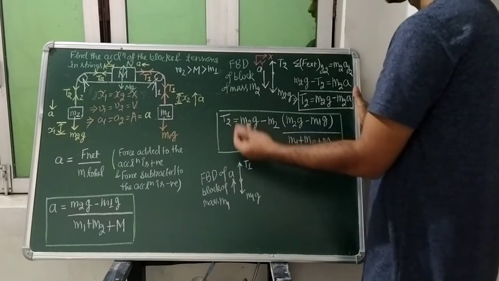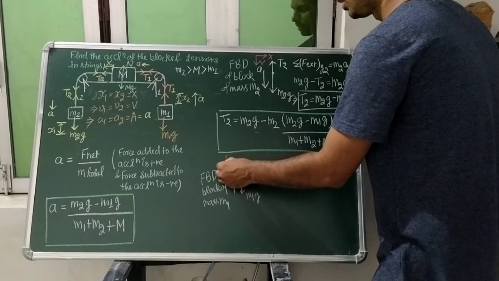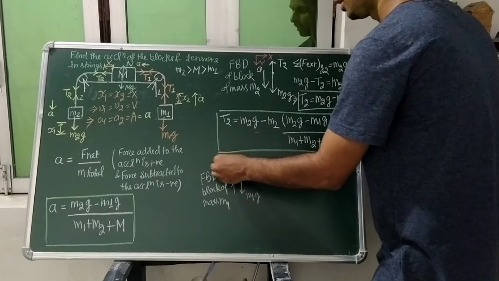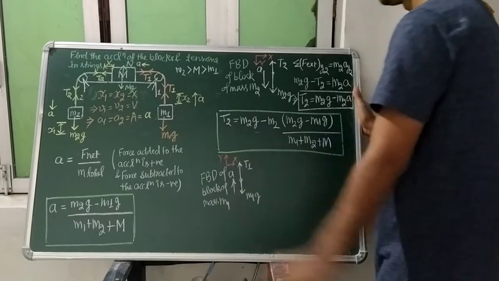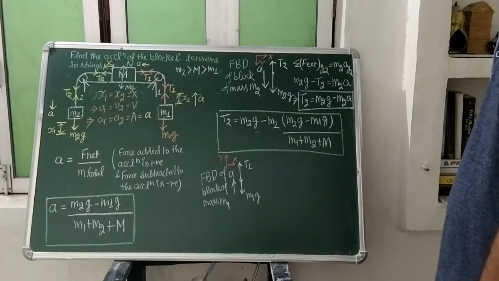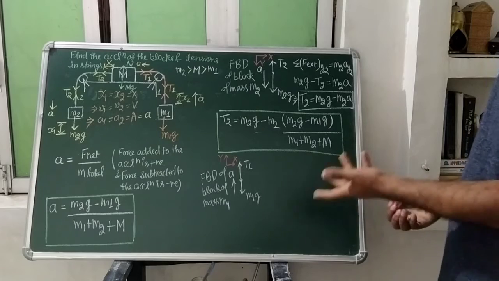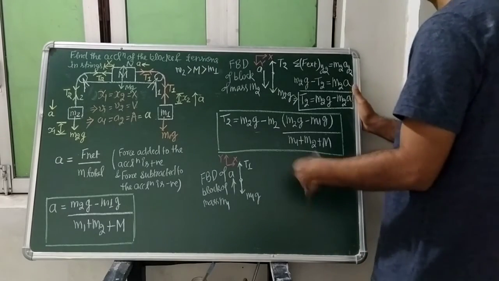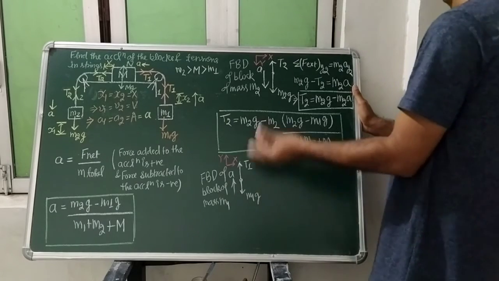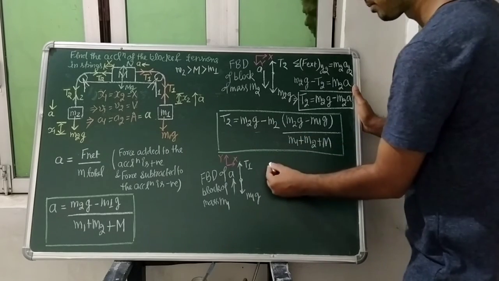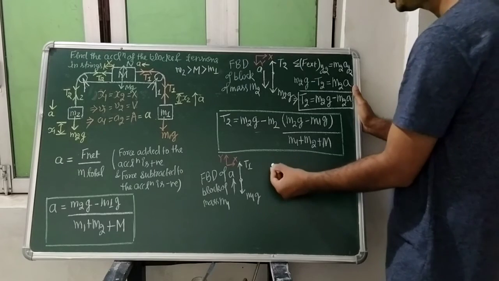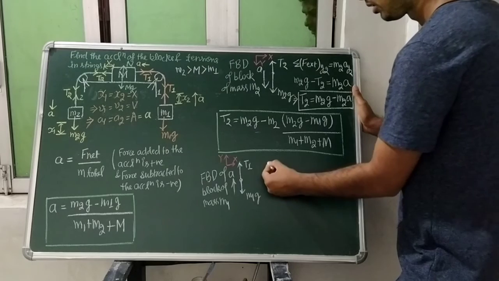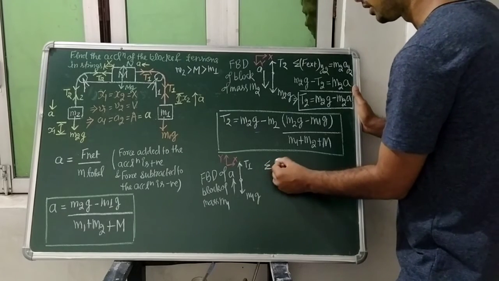So since it is accelerating upside, so suppose I am saying this one is our positive y-axis here, and this one is our positive x-axis. No forces, no acceleration is present in that x direction, so we will not write that and will not apply the Newton's second law there. Only that forces are present in that y direction. So here you will look, students, that we will apply the Newton's second law in that y direction.